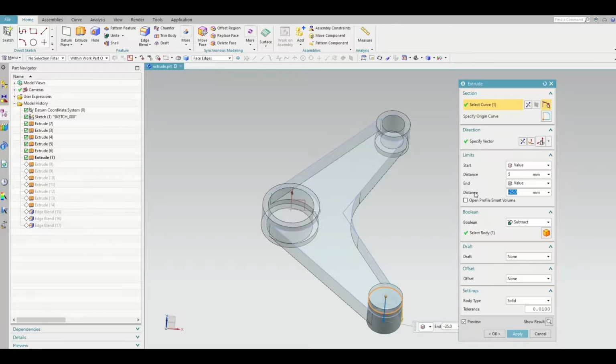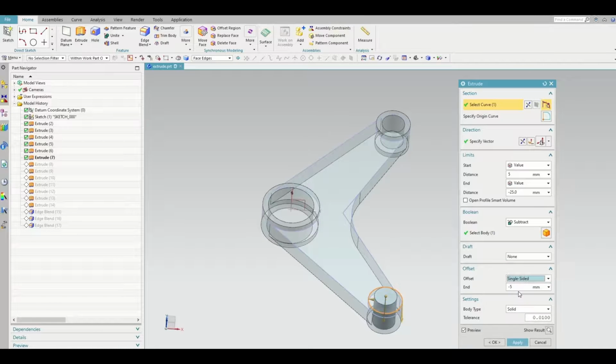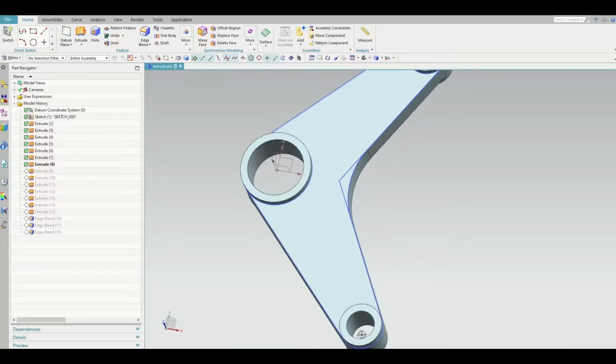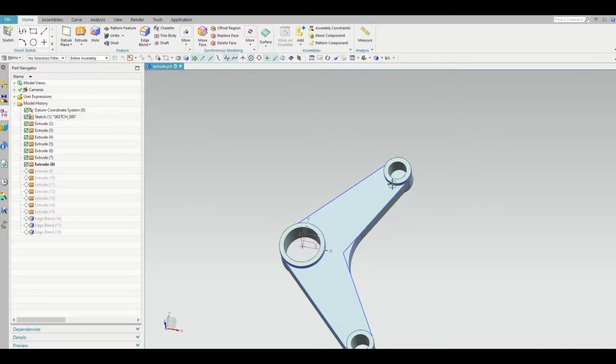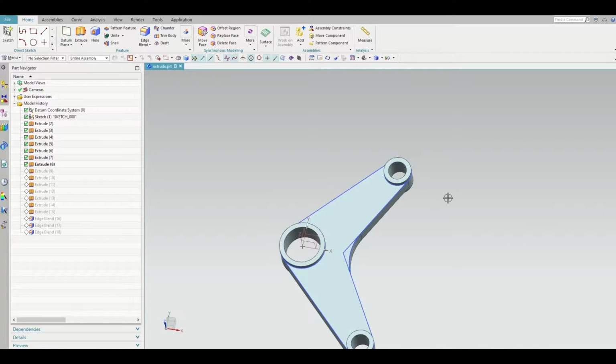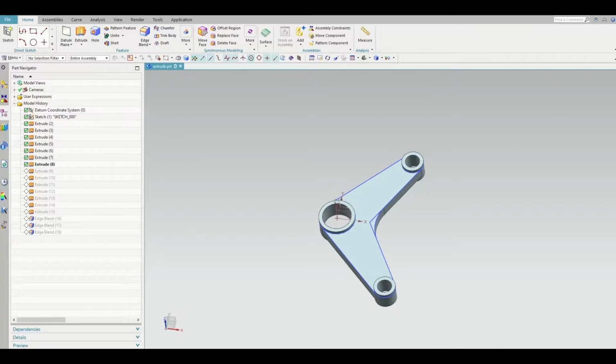There we gave the 20 value, that's why it does not go through. To make this hole go throughout, here we just change the values in this extrude and give -25. So the hole is throughout this feature. In that way we created it.